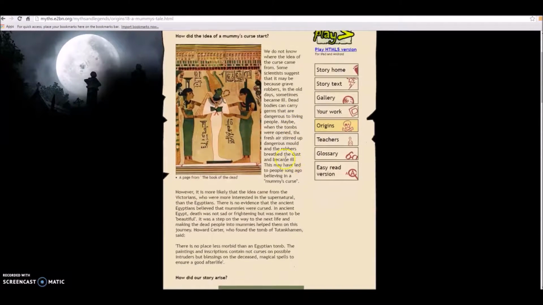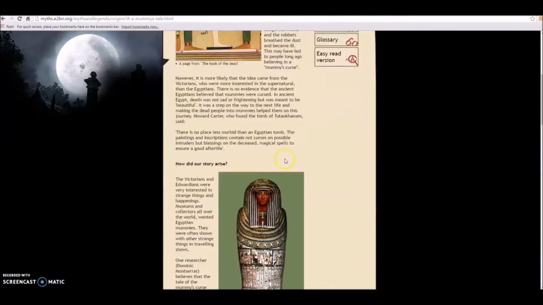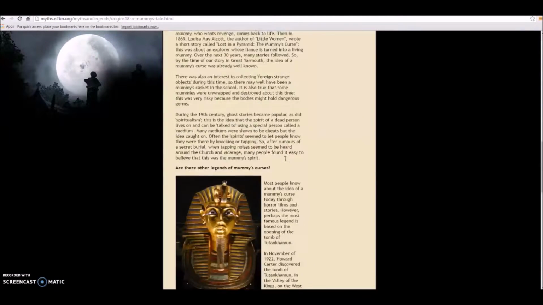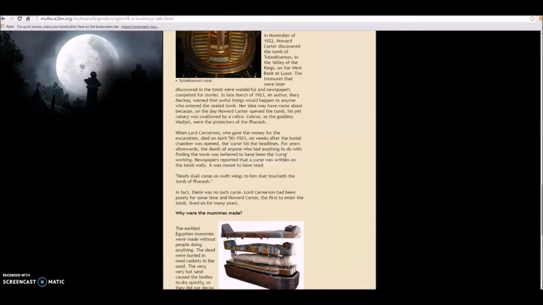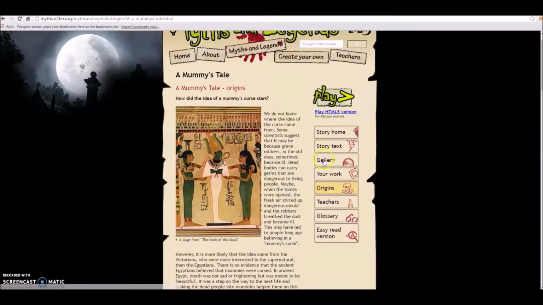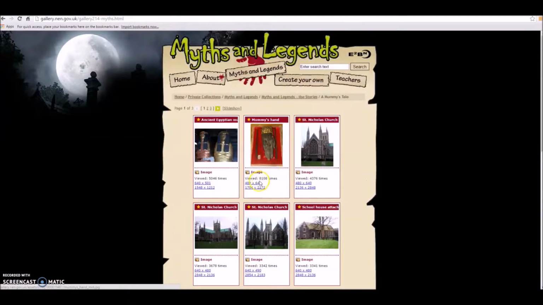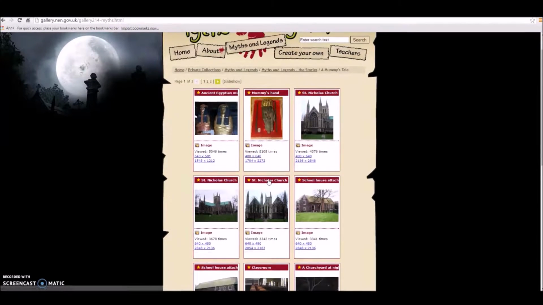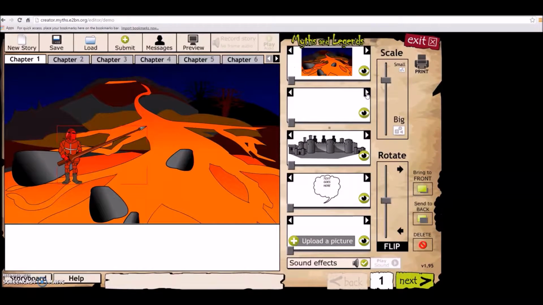The Origin section gives students a background to the story, the time frame the story was created, and some facts about the story. In the story, A Mummy's Tale, we are given facts on the ancient Egyptians and how they would mummify corpses, and a gallery of images that include photos of mummified bodies and the traditional buildings from the original English town. This website connects with the student's curriculum as it can be used to teach lessons based on